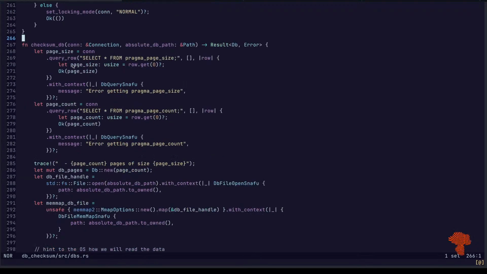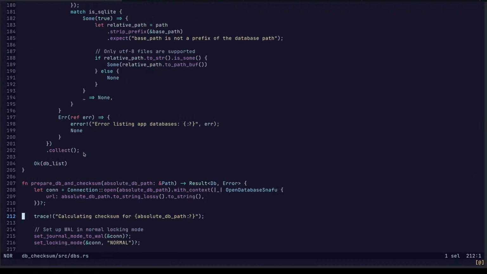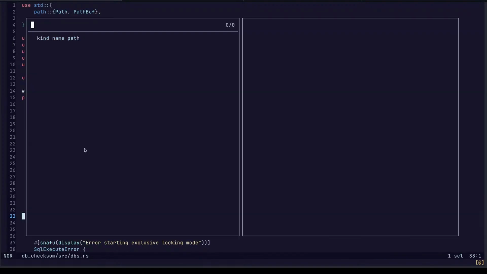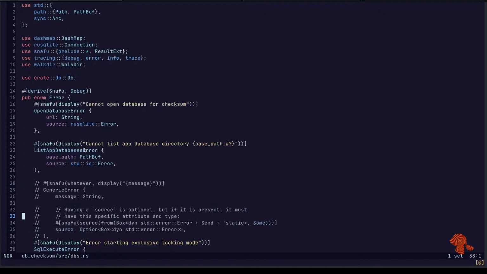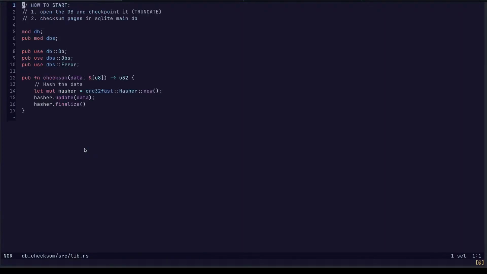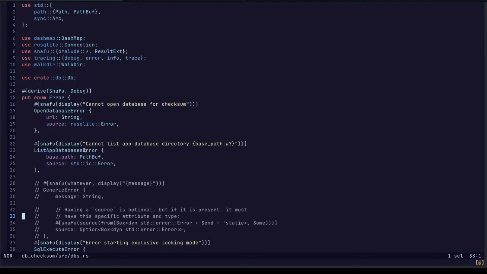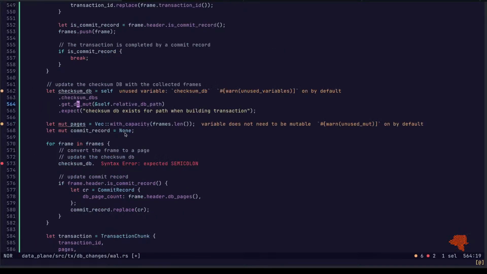I think we have a checksum function. Where is that? Nowhere. That doesn't seem right. It's right there. Whatever. Going back to where we were.